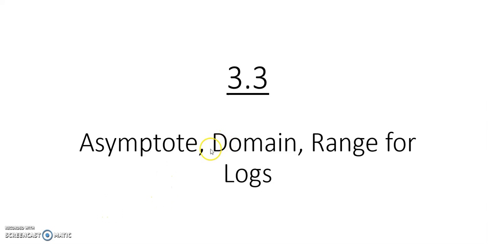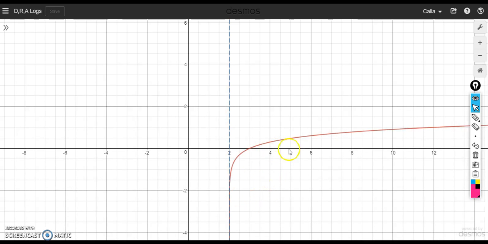This is section 3.3. We're going to be talking about asymptote, domain, and range for log functions. So here we have a graph of one of our log functions, and if you remember, for our exponential functions we had a horizontal asymptote that went left to right, and log functions are the inverse functions of our exponential functions. So where we had a horizontal asymptote for our exponential functions, we're now going to have